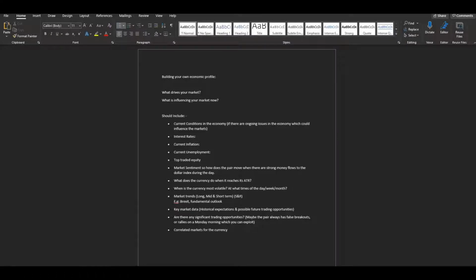But what we want you guys to do now is, for each economy that you trade, so for example, if you trade the currency pair euro dollar, you'd fill one of these in for the euro, for the eurozone, sorry. So from the perspective of the ECB, and then you'd fill in one of these for the dollar as well. So from the perspective of the Fed,